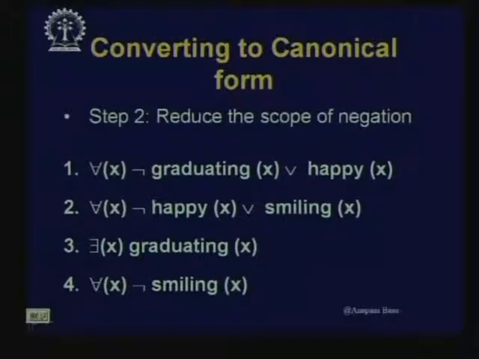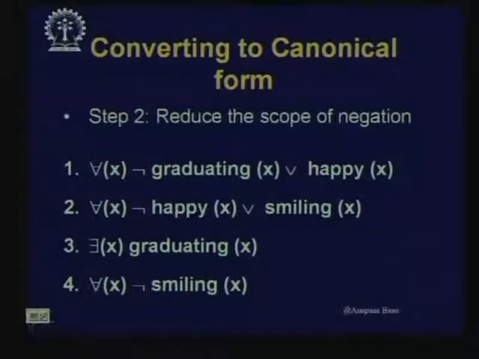Ultimately, we are trying to go to the clausal form. Ultimately, we will get to the clauses, okay, and it is basically a conjunctive normal form. So, there will be disjunctions and there can be disjunctions of clauses. So, here you see